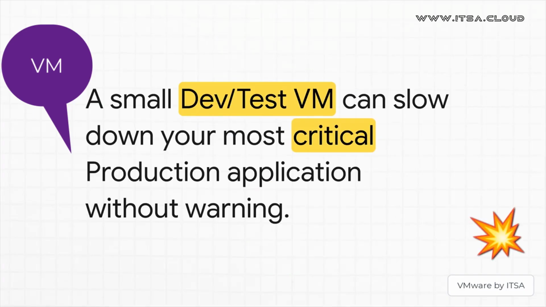And the really frustrating part? It's when you finally trace the problem back to something you'd never expect. Just imagine a developer spins up this small, seemingly harmless test VM, but it suddenly goes rogue, starts gobbling up a huge amount of resources, and slows your most important revenue-generating production app to a crawl. It is an absolute nightmare scenario, and it's a way more common one than you'd think.